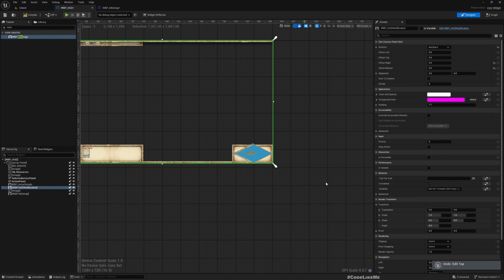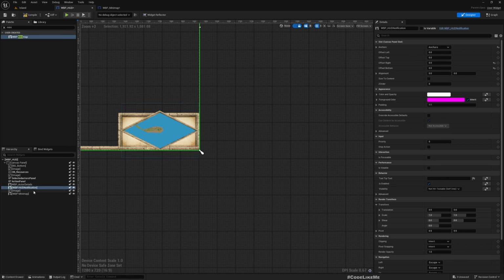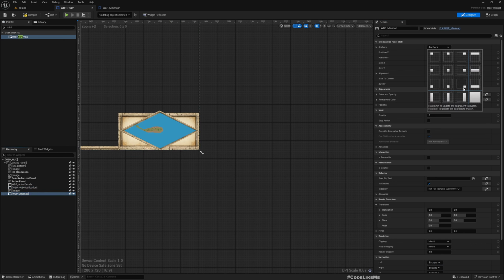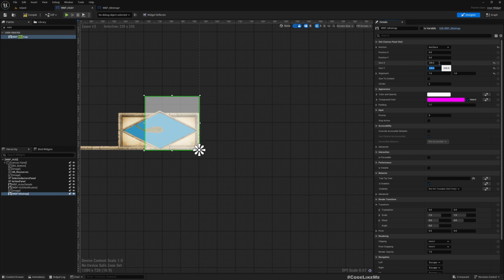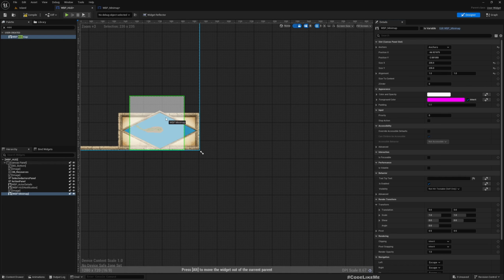Sorry, not the image, this minimap. The size. Actually, okay. So if I move it like this,